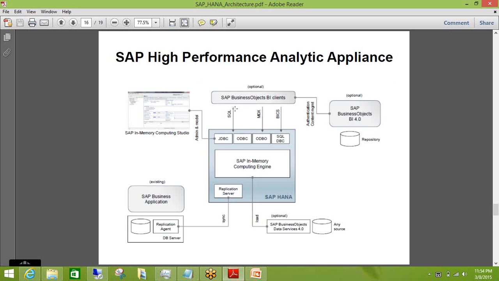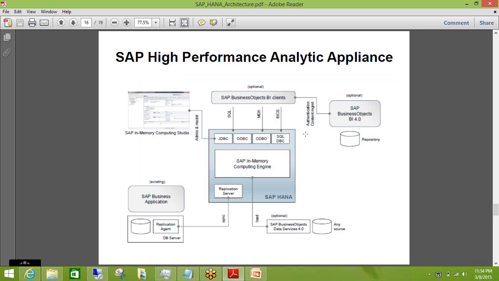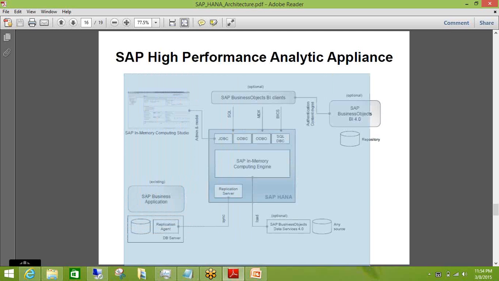Now, if you see, all the BI client tools are connected via different drivers, like JDBC, ODBC, ODBO, SQL. You have MDX, SQL, BICS. All these are drivers to connect to it. So if you see the overall architecture of HANA, basically 4 components are used. One is a client tool, which is HANA Studio.